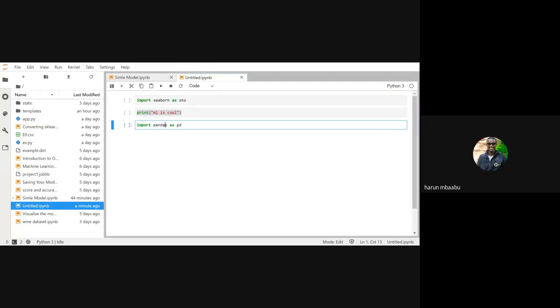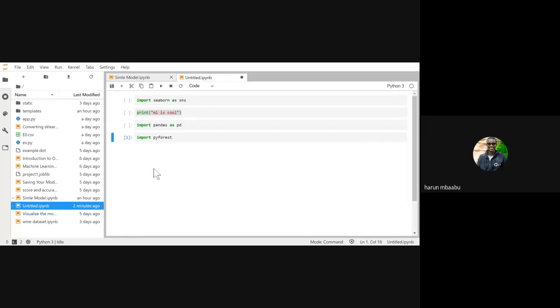There is another thing when you're trying to import. Let me escape it below, and I try to import. Okay, I forgot to tell you one more thing about Jupyter Notebook.